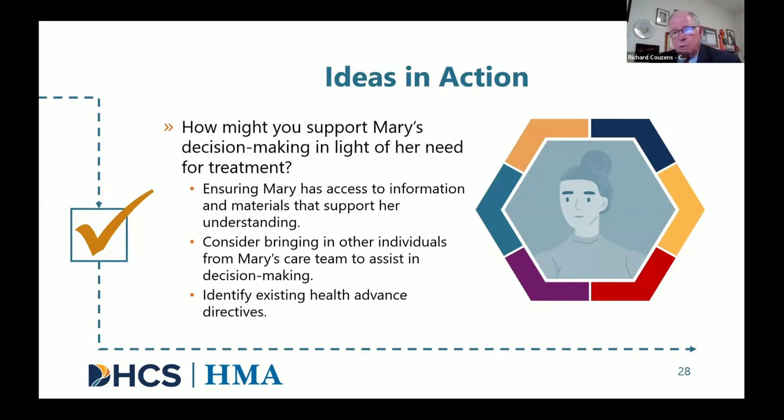Because as we all know, there's a huge difference between a voluntary participation in the care process and the court-mandated care plan. It's a huge difference in the number of hearings you have to have, the review hearings and so forth. So it's a much simpler process. And so we can do ourselves all a favor, including Mary, by taking the time necessary to process the case in an efficient way, but a sensitive way.